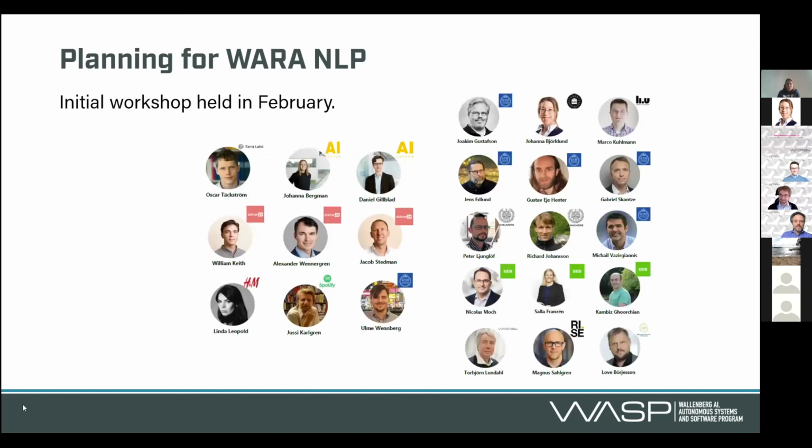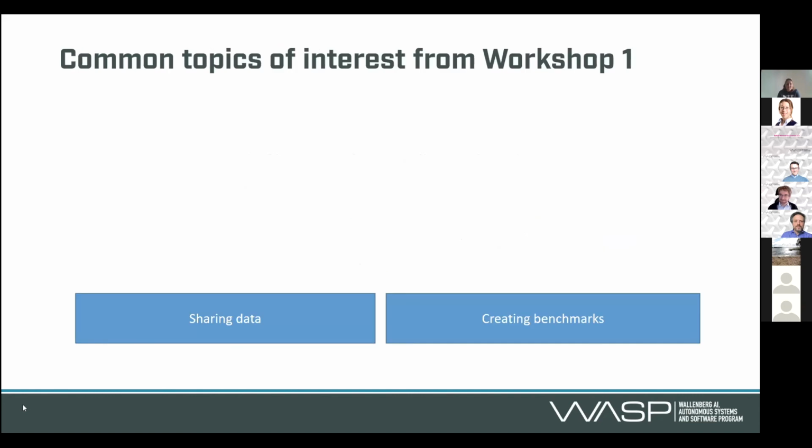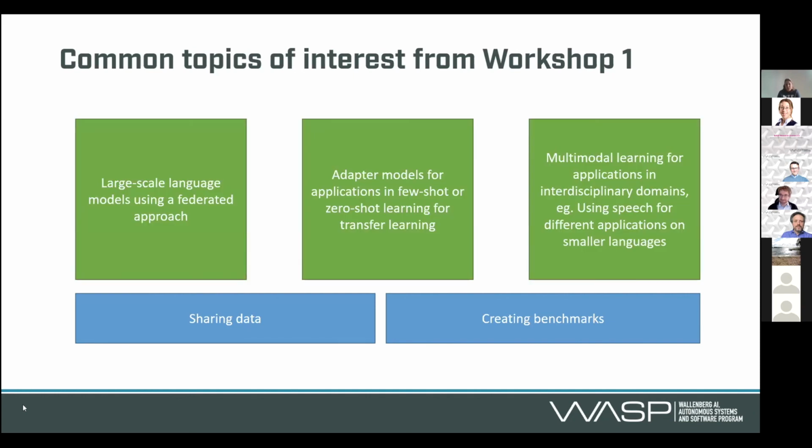So we had an initial workshop in February. You can see some of the wonderful people that joined that workshop, and really tried to discuss what the initial focus areas could be for this WARA. So two things that are foundational for any AI research is being able to share data, and also, for NLP specifically, creating good benchmarks. Because if we want to be able to help researchers to train NLP models for different purposes, having good benchmarks is quite essential. And then we have three other areas that we're discussing as an initial starting point